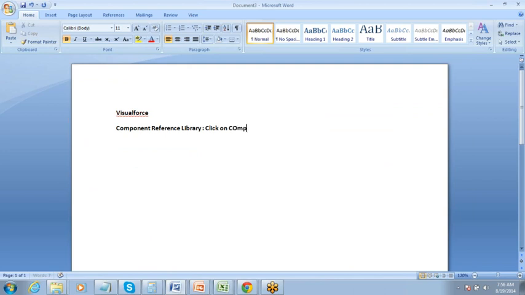Click on component reference from your Visualforce editor. So where you have the Visualforce code editor, from there you can simply click on that and get to your component reference library. So that is number one. Now there is another thing for Visualforce. The second thing that you have to do is